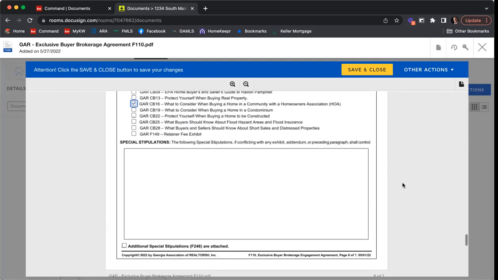And now we have a box for special stipulations. So if there are any special stipulations you like to include in your buyer brokerage agreement, you can type those here. One that I like to include, and again, this is not a lesson on how to fill this out, but I like to include: all parties acknowledge and agree this agreement is cancelable at any time with